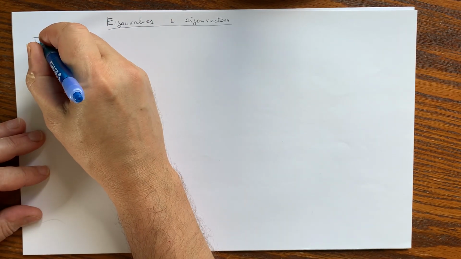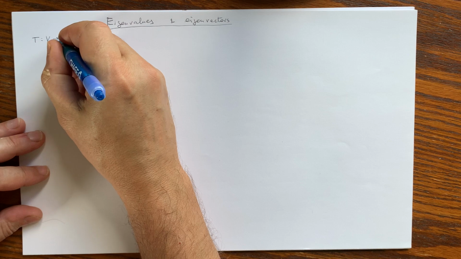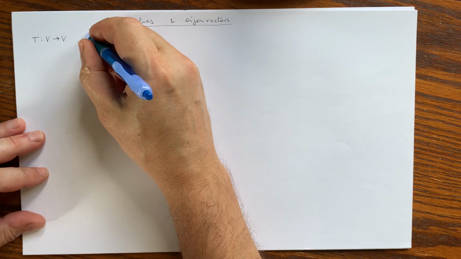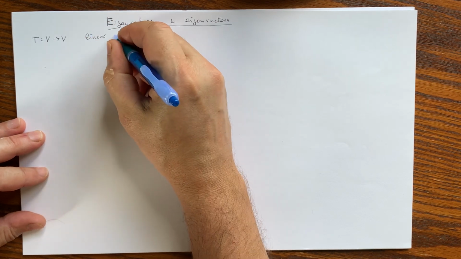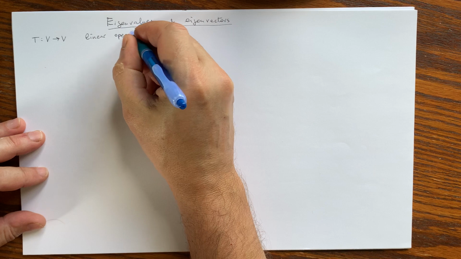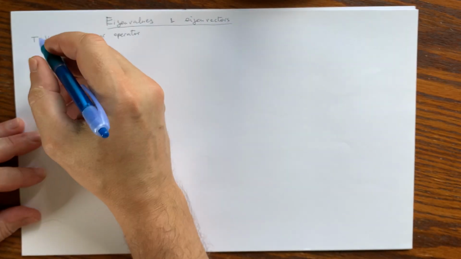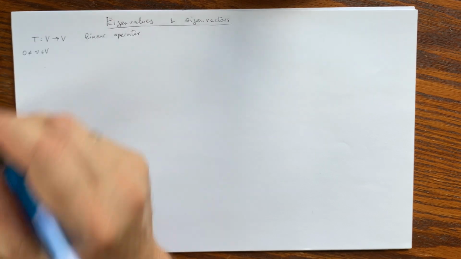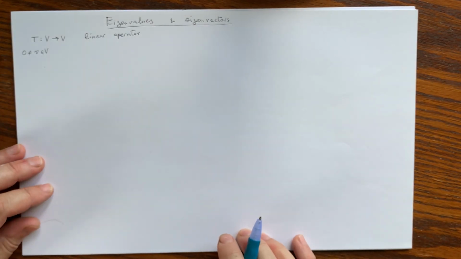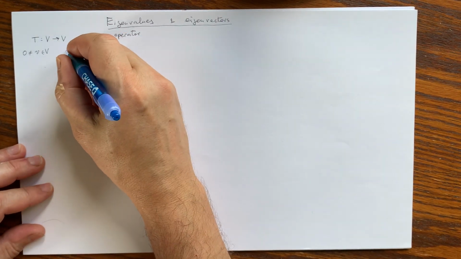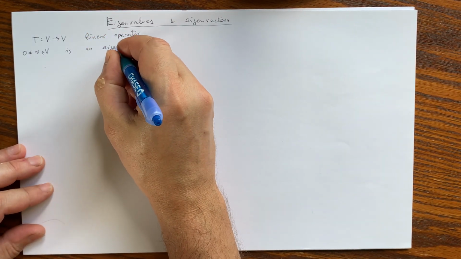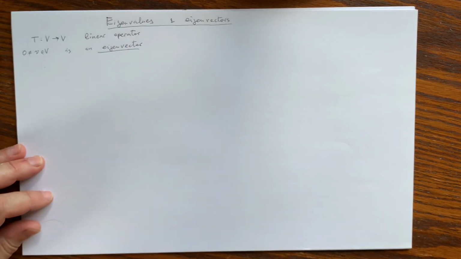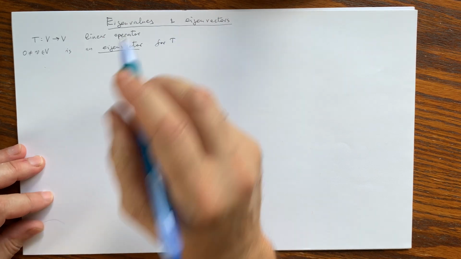At the beginning, there is a vector space and a linear map from the vector space V to itself. Such linear maps are called linear operators. An eigenvector is a vector, and non-zero, because 0 will satisfy all the conditions imaginable. So a vector is called an eigenvector for the operator T if